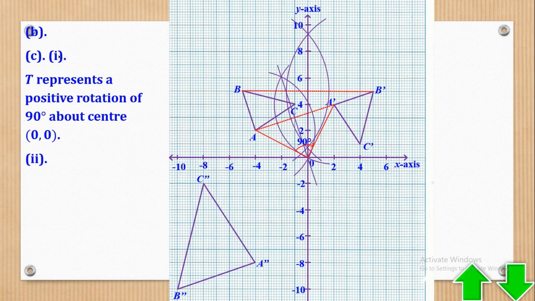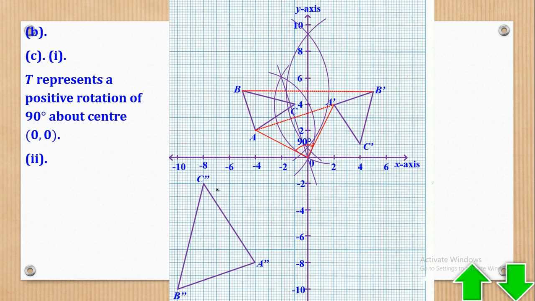Now we shall go to Roman 2, where they wanted us to describe fully the transformation of capital M, which is the transformation from A prime, B prime, C prime to A double prime, B double prime, and C double prime. So still we'll do the same. It is either reflection, rotation, or enlargement, but it cannot be reflection if you look at this, because these ones are interchanging. This is A is there and this one is also there. Therefore it is either rotation or